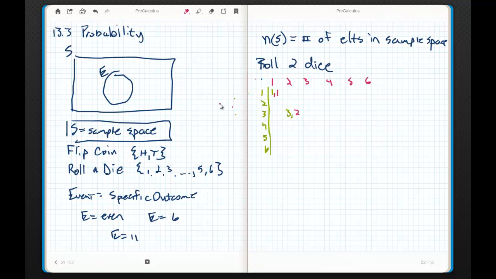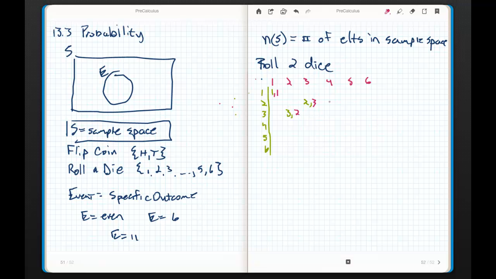Now notice, though, that if I roll a 2 on the green die and a 3 on the red die, that is a different roll. It still sums to 5, but it's a different roll because the dice were different. All right? So, I could fill this entire matrix in if I wanted to, but it's relatively easy to see